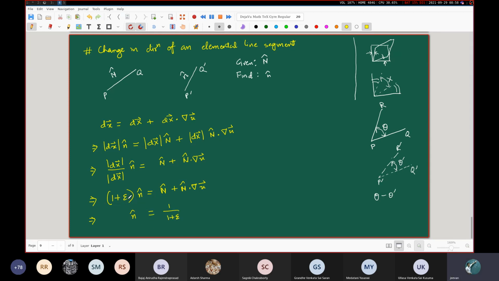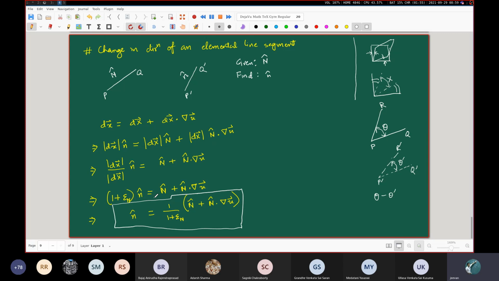If you want, you can write this with an epsilon capital N subscript, just to be consistent with our previous notation. That's the answer that we are looking for. Now, by itself, this is good. It's a useful thing. But what we really want to do is to utilize this answer that we have obtained here for the small n hat,